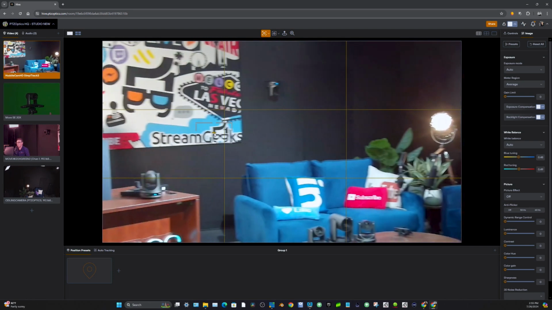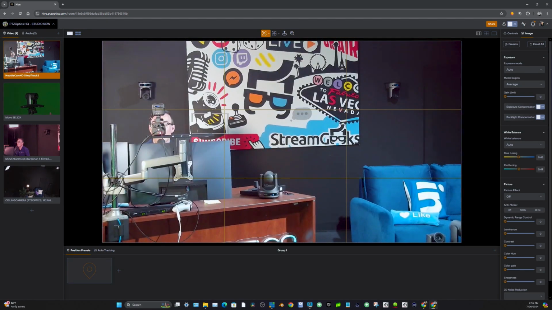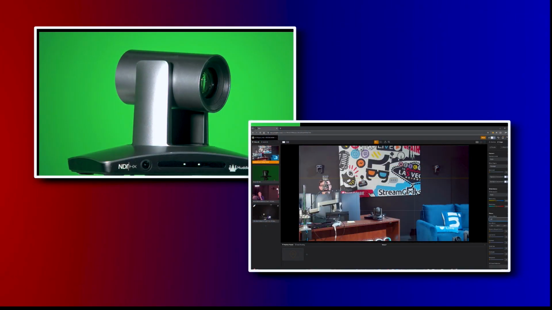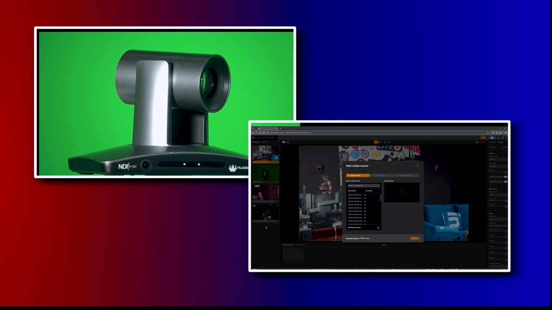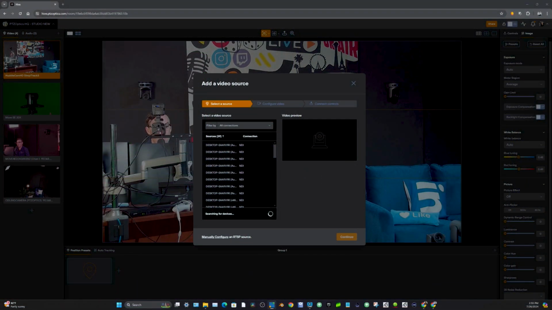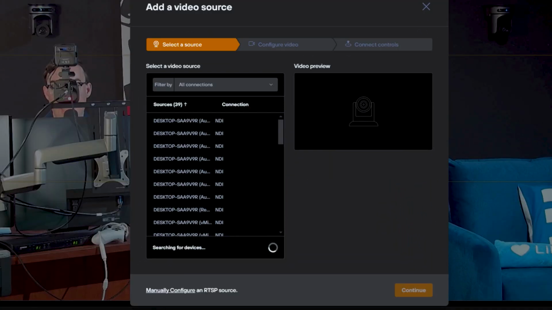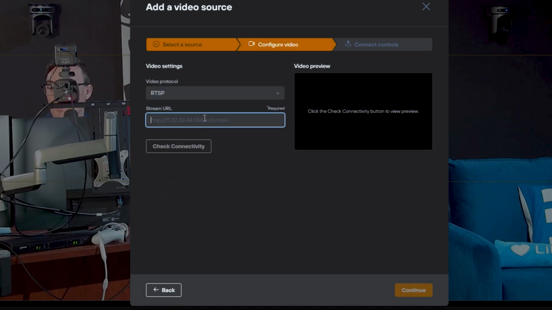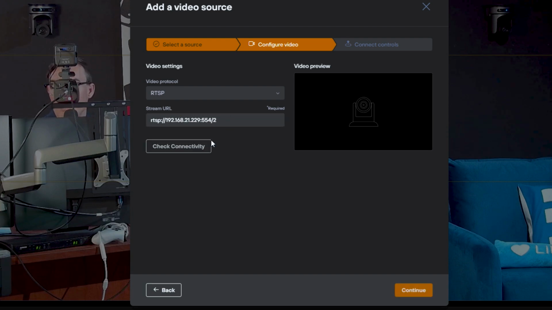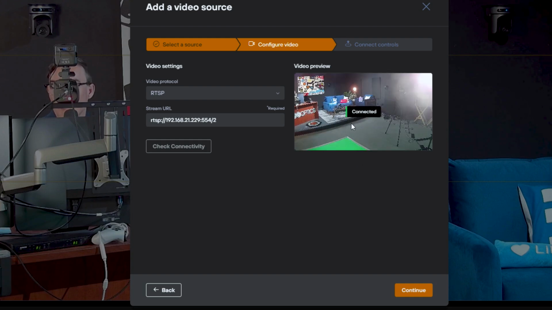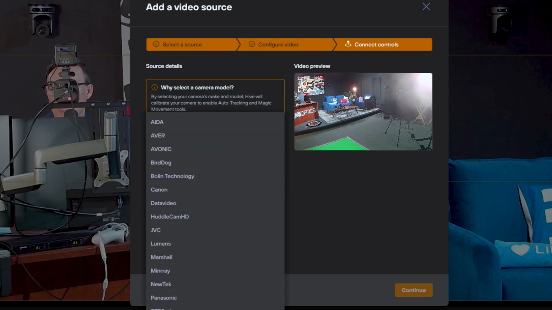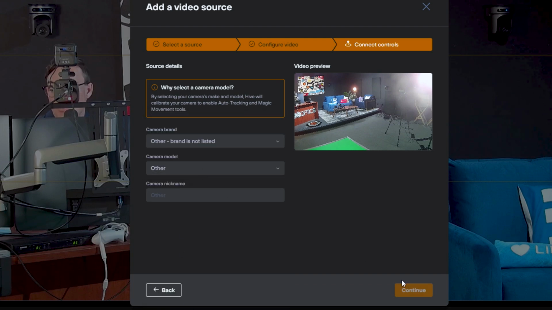But the unique thing about this camera is that it has two lenses. So I want to show you how I can bring in the wide angle lens by clicking the plus button in Hive. What I'll do here is, instead of going into my normal adding a camera setup, I'm going to manually add an RTSP stream. So this is the IP address, and the second stream on this camera is the wide angle stream. So this single camera can give us not only a wide angle camera, but also a high quality 20x